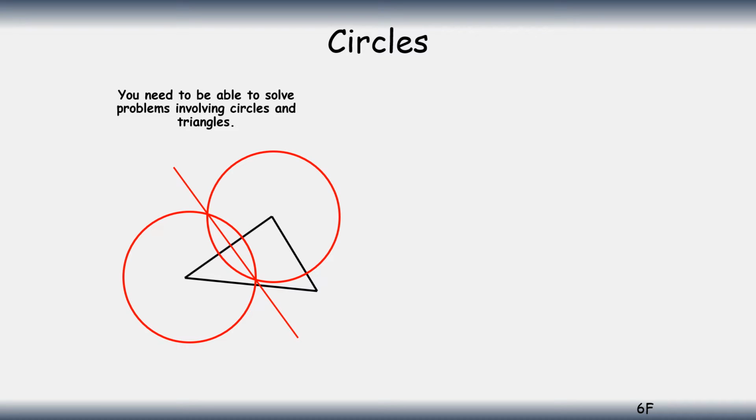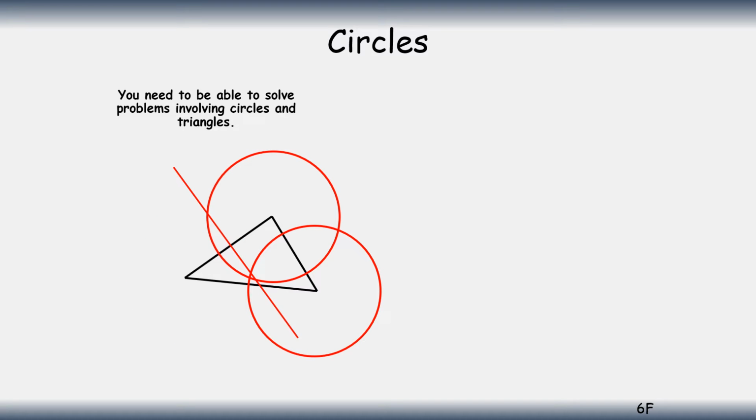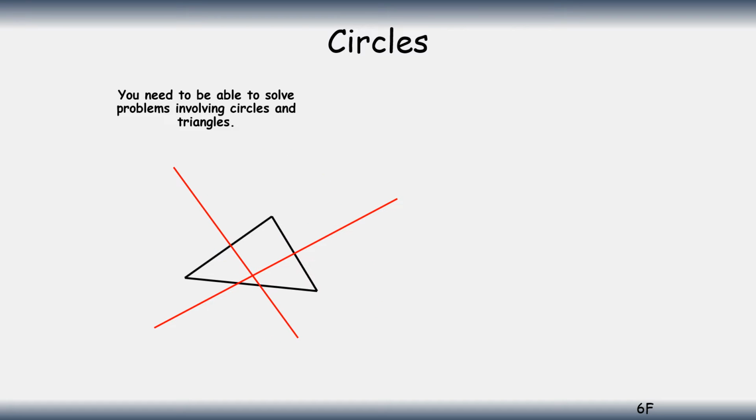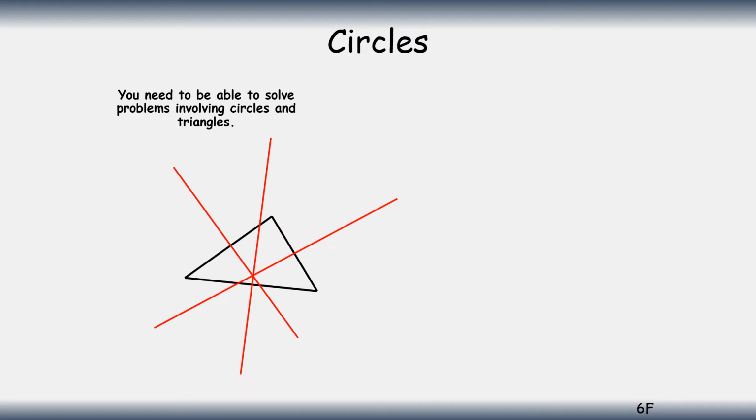So if you remember the perpendicular bisector of a triangle, you could work out the perpendicular bisector and you would get something like this. And if you did it for the other side, you get this line here. And finally, for this line from GCSE, if you're on a perpendicular bisector, you get the following. So what we see then is,